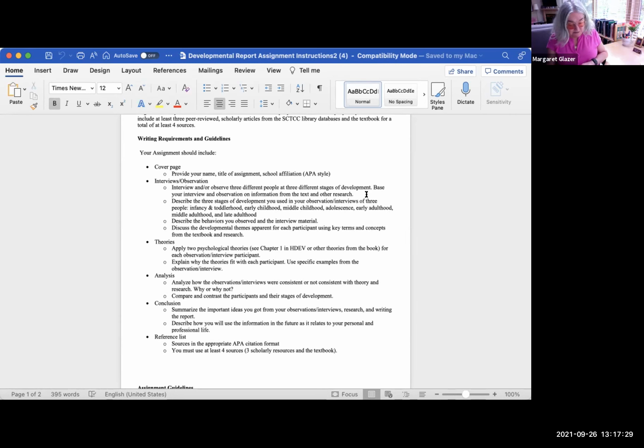Substance abuse and substance use, cognitive development, formal operations in Piaget's theory. Let me see, what else do we have? Gender differences and cognitive abilities, moral development, adolescence in the workplace. There are just tons of different topics that you can leave. And that's only in physical and cognitive and social and emotional. There's of course the big,